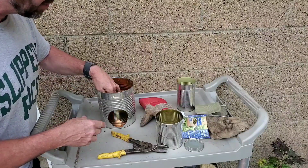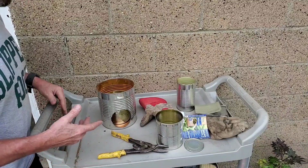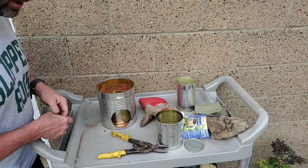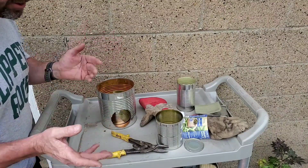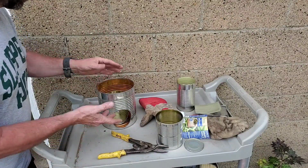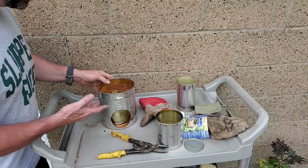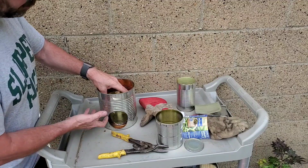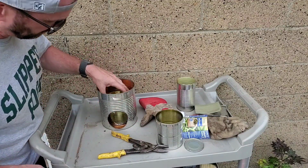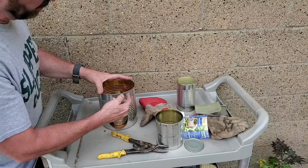It acts like an insulator. You can put sand, you can put perlite, people put fiberglass insulation, people put ash. I'm using some gravel. It helps keep the outside heat, the sides, from getting all hot. You know, it insulates it. So what I'm also going to do is cut some slots down here,